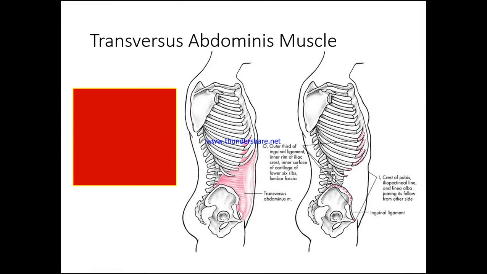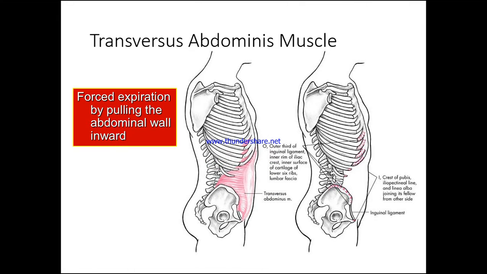The transverse abdominis muscle: forced expiration by pulling the abdominal wall inward. So you can see, as opposed to the external and the internal, the transverse, you just got this transverse muscle